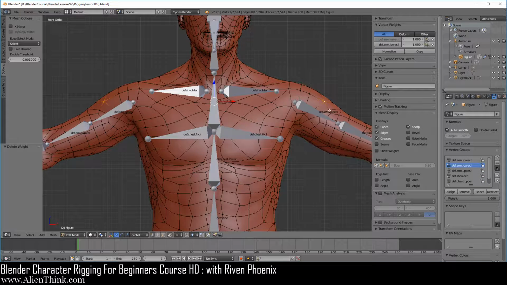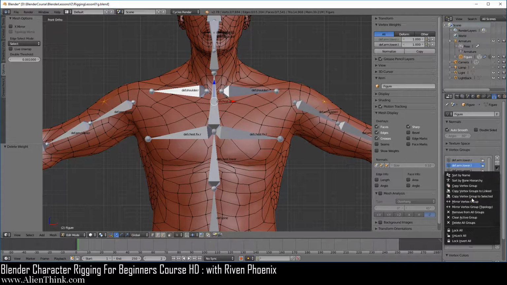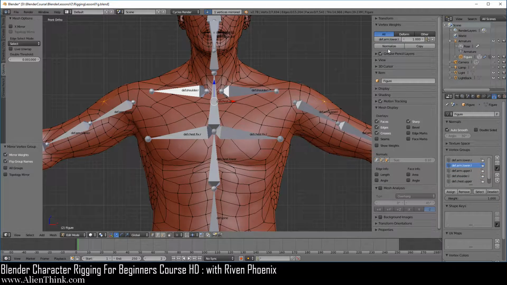Now, in order to do this, you have to click on its opposite, dot L. Okay? Remember, when you have two vertices selected, you're moving a vertex group from left to right or right to left. So if we click on dot L, its opposite, and fire this off, it should move the dot R to the right side. Go ahead and fire this off. You'll see that that's exactly what happened. This is on this side.